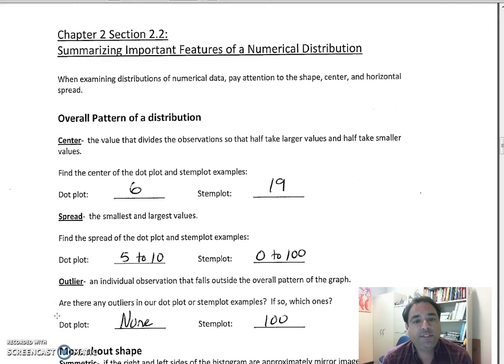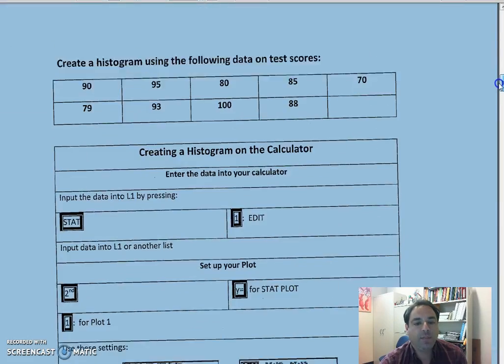Hello, we're going to go over Statistics, Chapter 2, Section 2.2. So we've made a dot plot, histogram, and a stem and leaf plot. Now we're going to analyze them a bit. A couple of things we can do is look at the overall pattern of a distribution. For example, we can look at a center. Center could be the mean or the median. We'll get into that a little bit later, but if I go back to the dot plot,